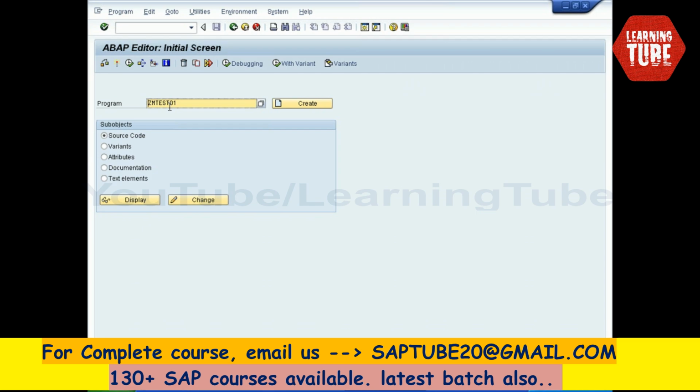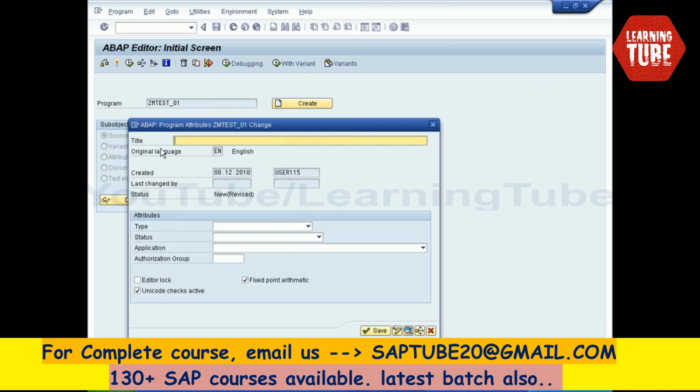And click on create. So here there is a button create, and click on create. So here this ZM test is already existing. So I'll say ZM test underscore 01. So here I'll say my first